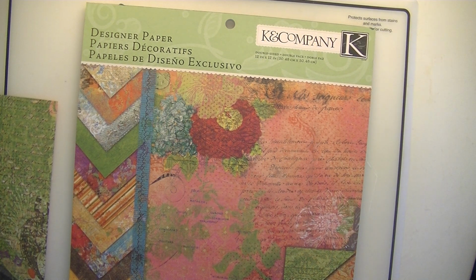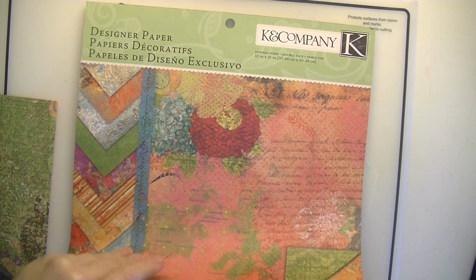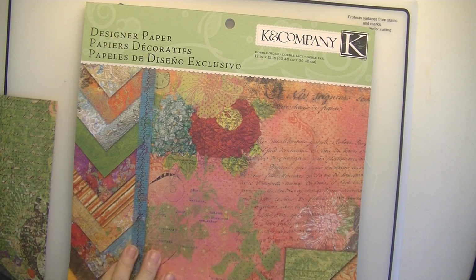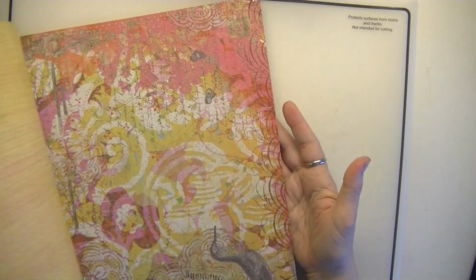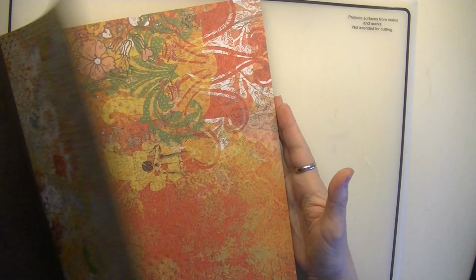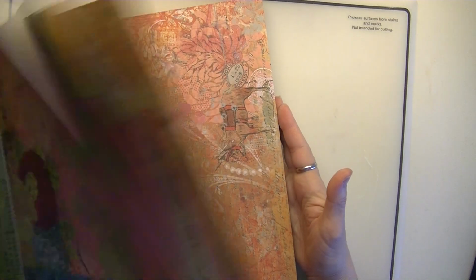Today we are going to work with K & Company designer paper, and this I got from Michaels. It was on sale. I'm hoping they do not discontinue this paper because it is absolutely gorgeous. And it's all double-sided. Unbelievable, these colors. So today we are going to make a journal,